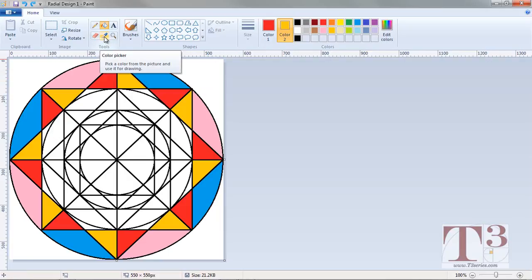So if I left click on the color picker tool and then hover it over either one of these colors, like the blue, watch what happens in my color box right here. If I left click, it turns that color blue. So all I have to do, it automatically loads it, so I can actually just come in here, and every one of these that's blue, I can add a blue. Okay, directly across from my